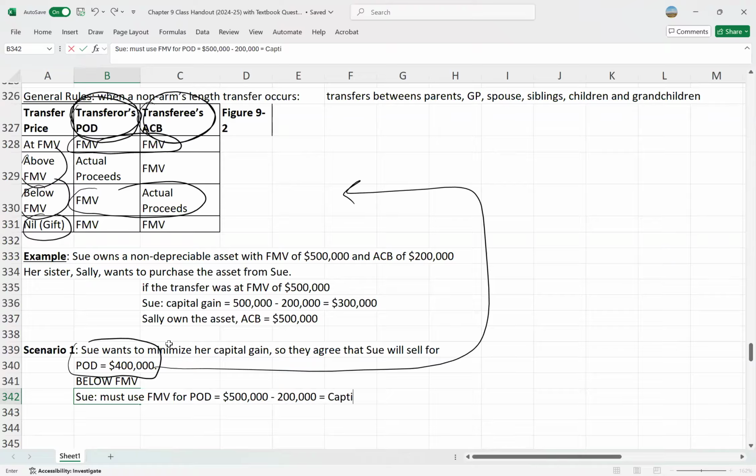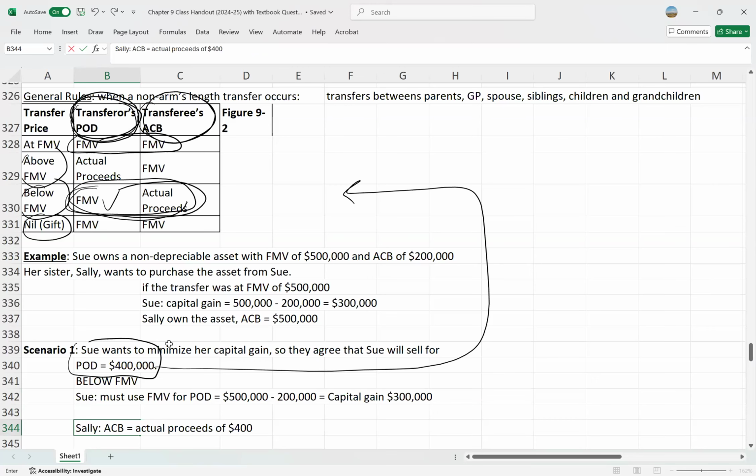So she's still going to have to report a capital gain of $300,000. Once again, this is below fair market value, so we have to use this row here. Sue, the transferor, is going to have to use proceeds equal to fair market value. What about Sally? Sally is the transferee. Sally's adjusted cost base will equal the actual proceeds